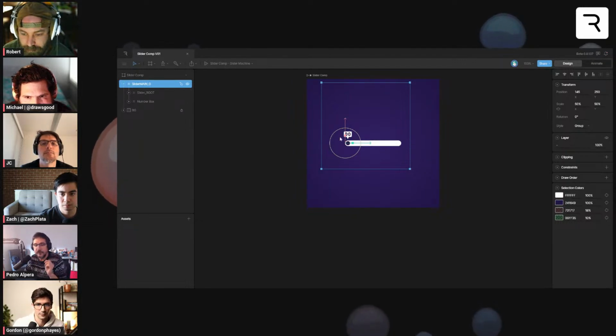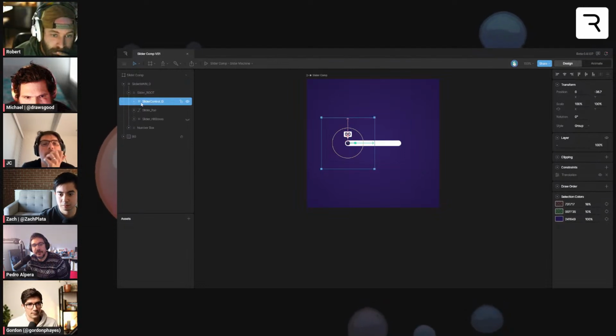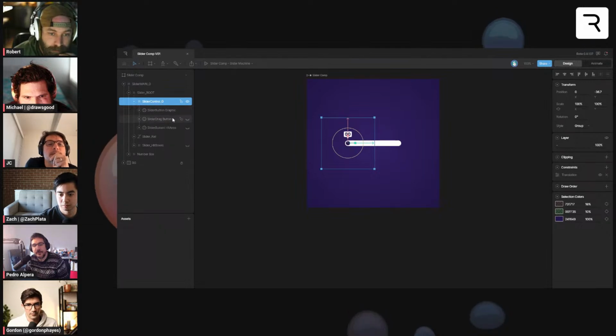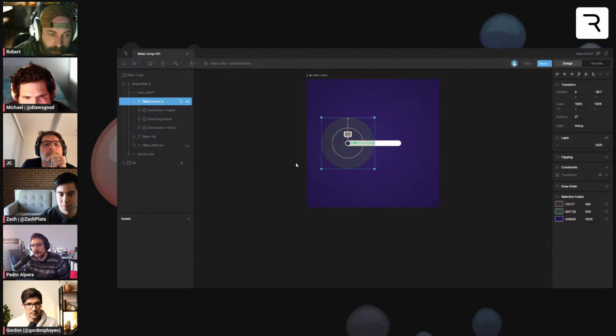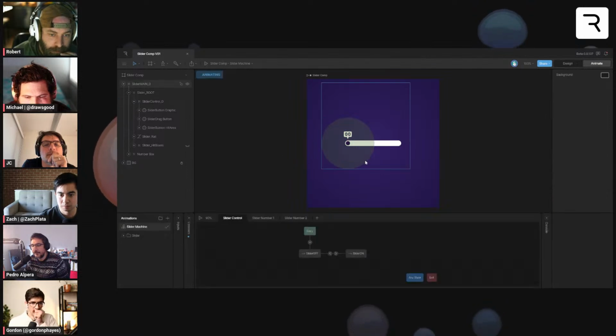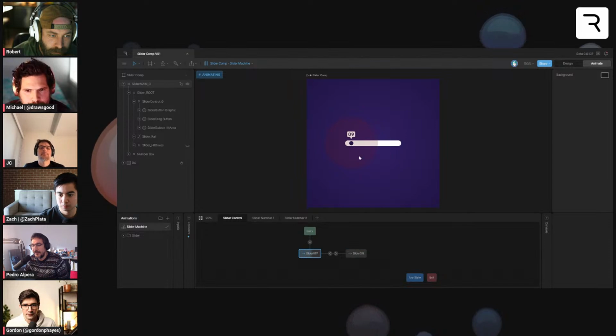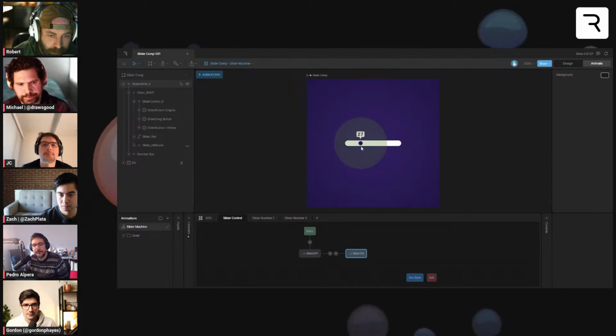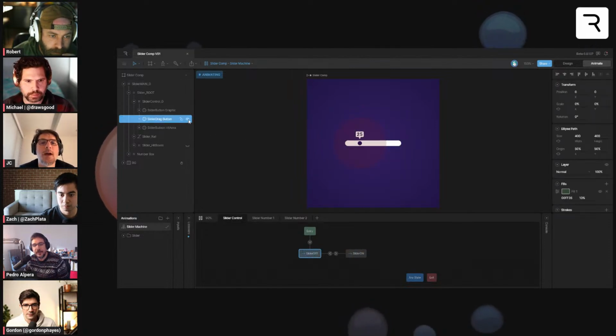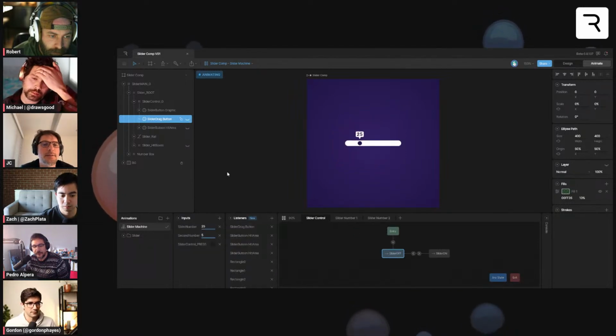I'm going to show you where it is. The slider control is here. If you make these two shapes visible, you can see how they are activating. One is to drag, and the other is the hitbox to make the drag. One is to detect the cursor, and the other is for press.